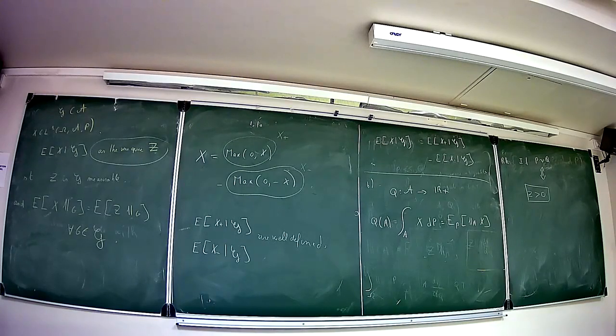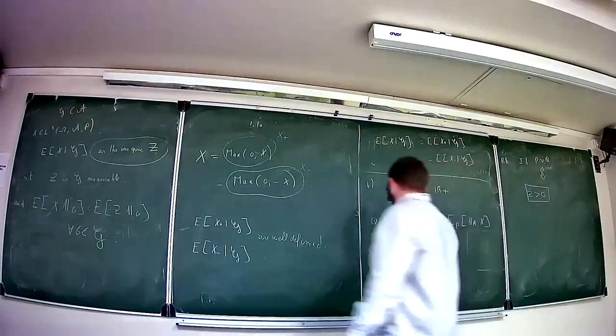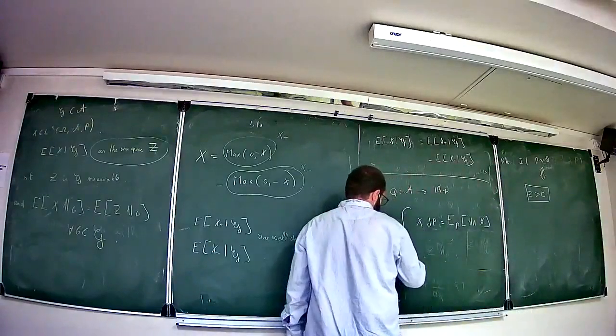Why Q is bounded? Something over A. It's an integral over A. So, no, Q is bounded means that Q of A is less than something for any A. What you say here is that Q is well defined. Q bounded